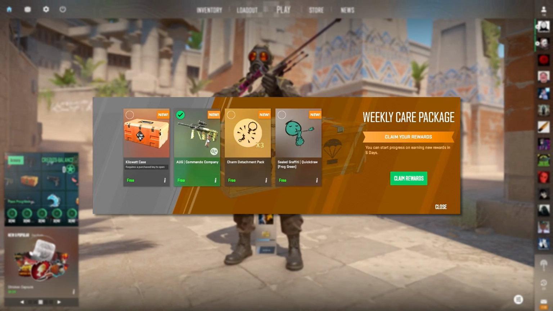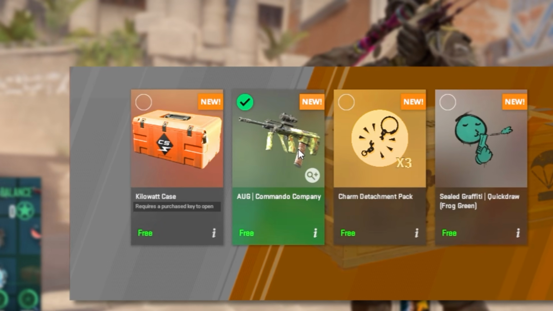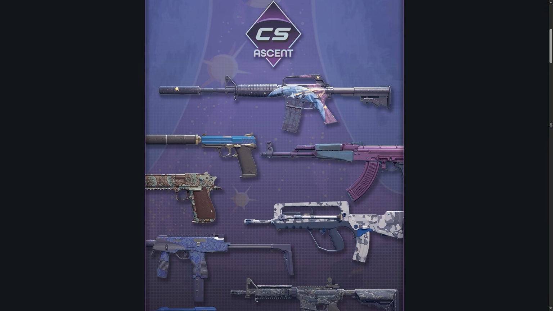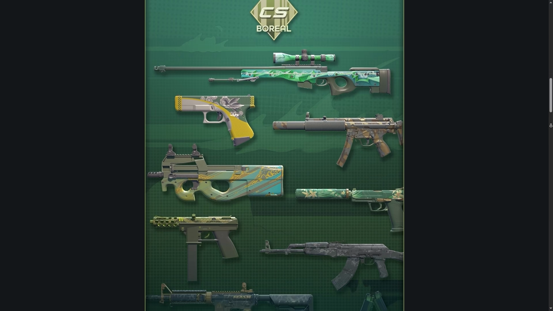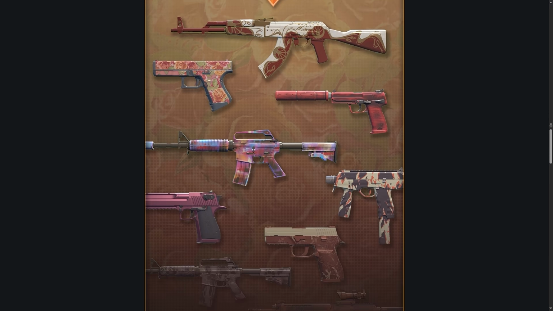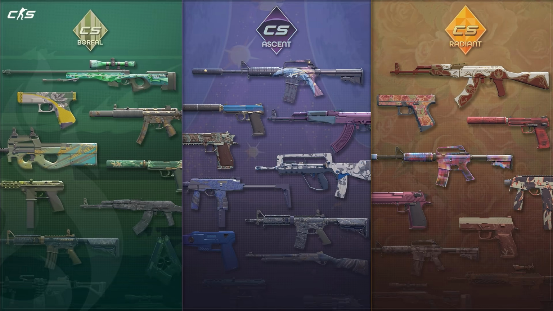The skins, on the other hand, are quite interesting. Now, I'm not gonna sugarcoat it. Most of the time, you're still gonna get a skin worth 3 to 4 cents, but the latest major CS2 update introduced 3 new collections: the Radiant Collection, the Ascent Collection, and the Boreal Collection, introducing a bunch of beautiful items that you can now theoretically get as an in-game drop, and they also replaced a couple of older drop collections. So the collections that are currently dropping are the Radiant, the Ascent, and the Boreal collections, obviously, and of